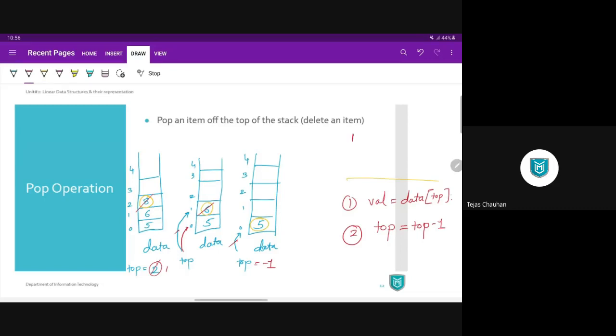In that case, the underflow condition: if your top is -1, then it is underflow, and that is the emptiness condition. That's how you decide whether your stack is empty or not. So this is the pop operation. Again, have a look at this entire process, try to understand, and update your status on the chat box. Then we will see the algorithm also.